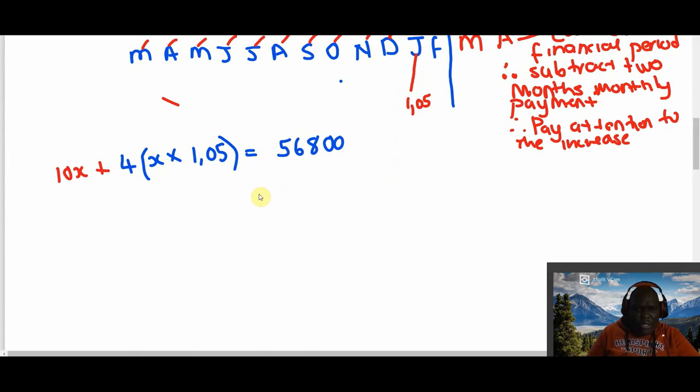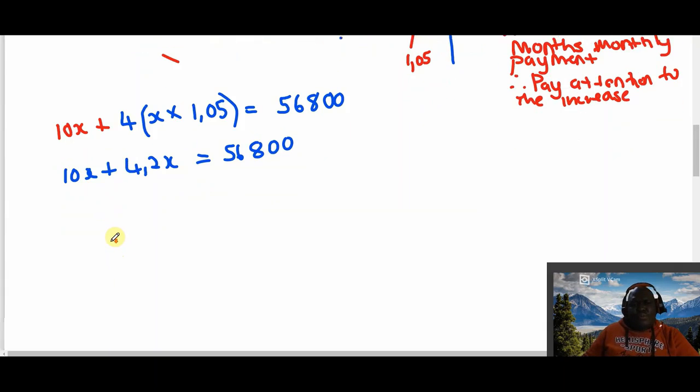So if you work out this bracket, you realize that you'd have 10x plus, let me just check something, 4 times 1.05, that's 4.2. So you'd have 10x plus 4.2x